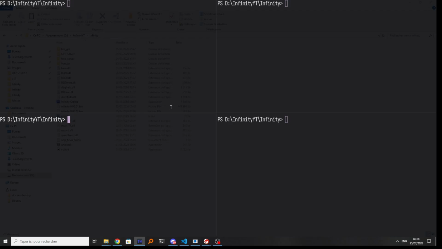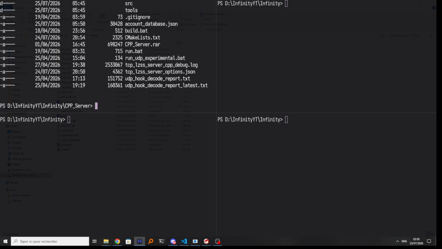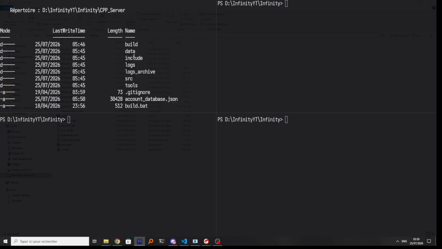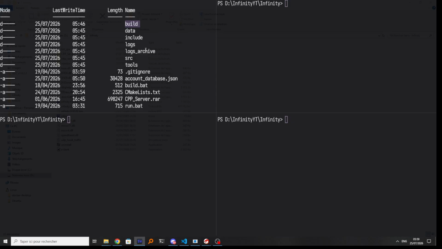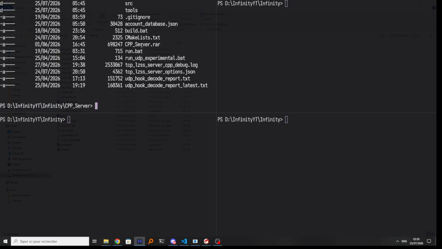Okay, so a few things. We need to compile the CPP server. So we go into CPP server. What do we have? So this folder, you should, if you don't have CMake and can compile it, keep it. I will show you how to run it, but you should basically